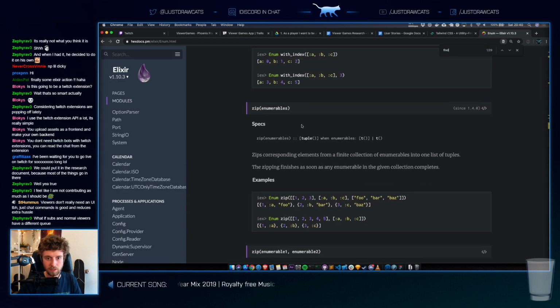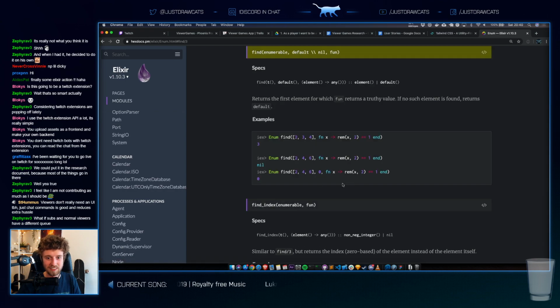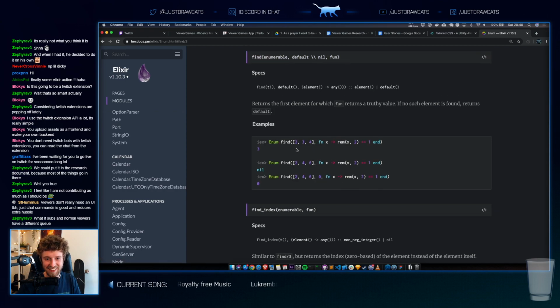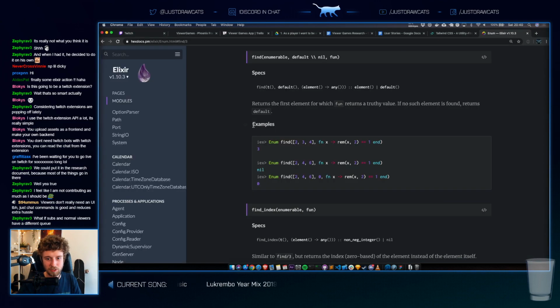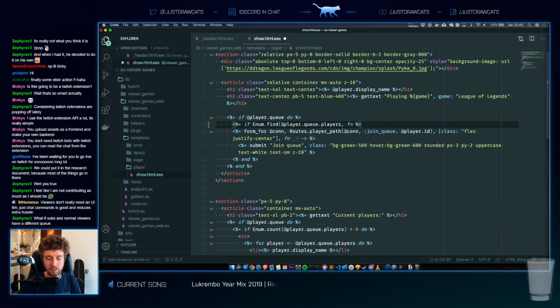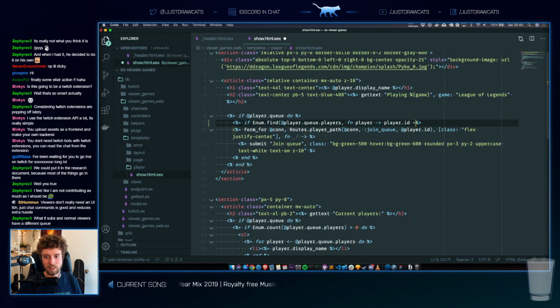Find. Alright, enum.find. And then we search for the player, and then player.id equals player.id.